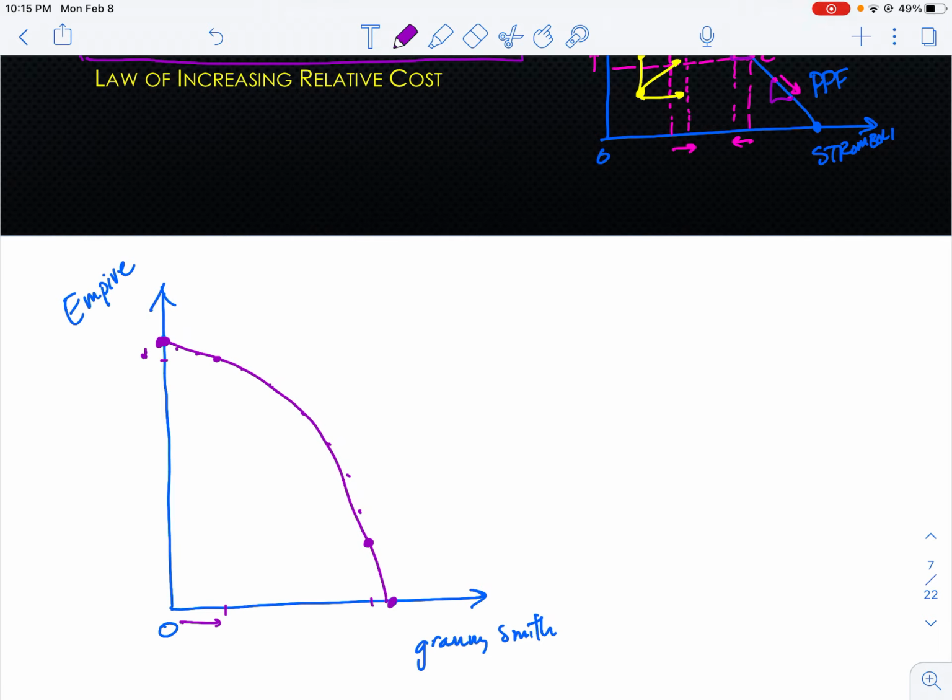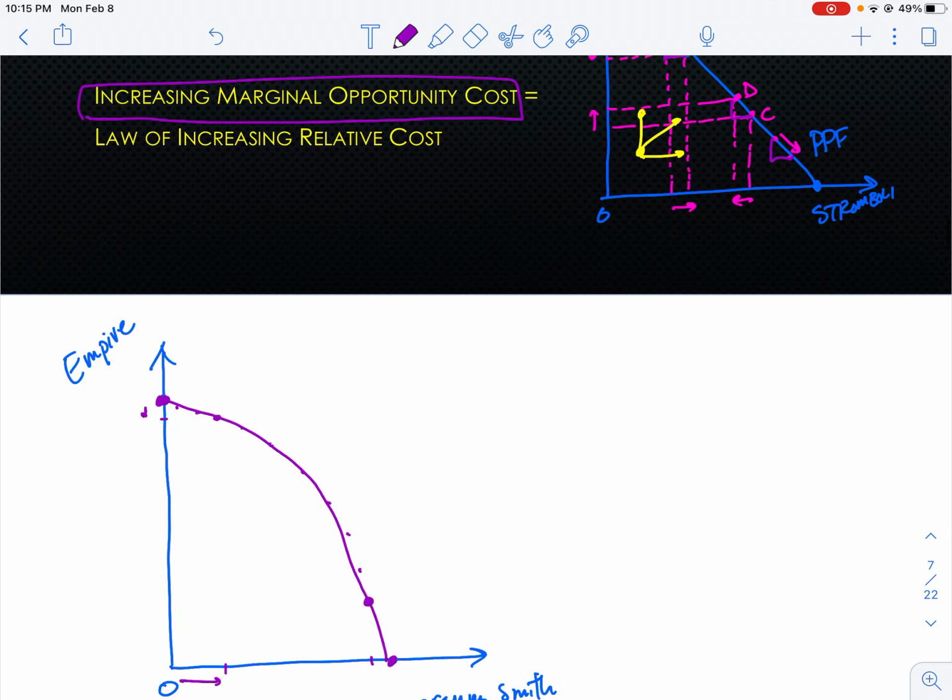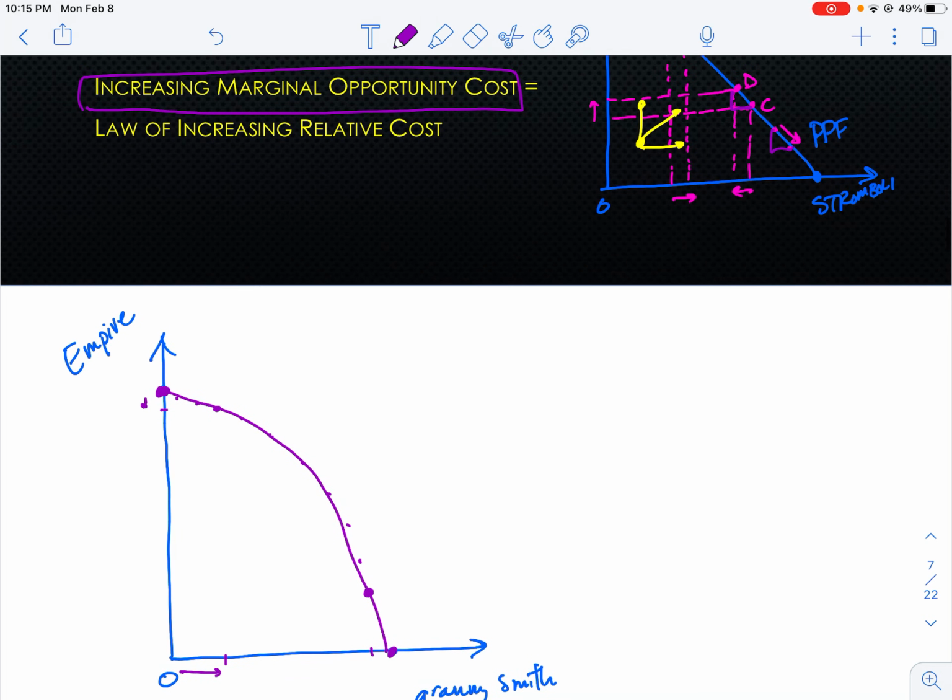Every time I pick one more Empire apple at the end of the day when it's really hard to get to, I'm giving up multiple Granny Smith apples per Empire apple gained. So that's why we call that increasing marginal opportunity cost. And increasing marginal opportunity cost gives you this bowed out or concave shape, concave with respect to the origin, right? Or you could just call it bowed out. But that corresponds to increasing